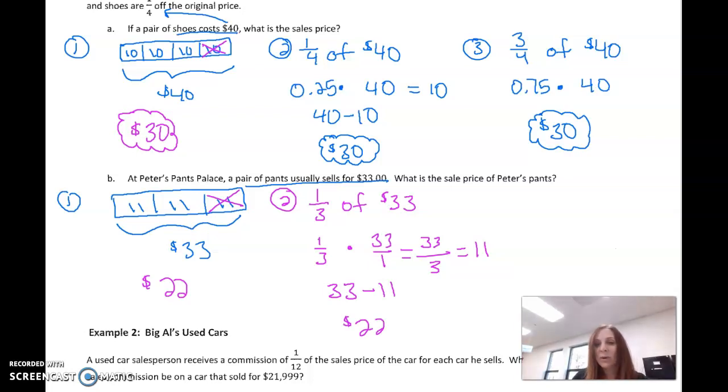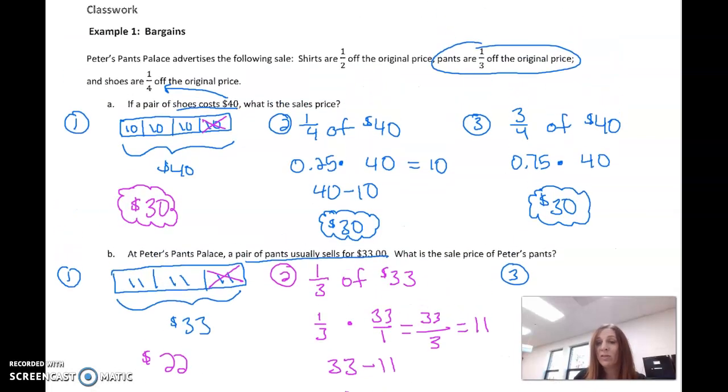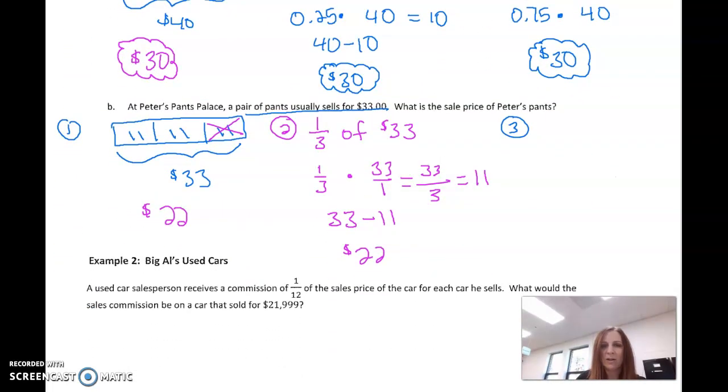And then again, the third way. If I'm getting 1/3 off the original price, what am I paying? Well, I'm paying 2/3 of it. Again, I'm paying 100%, the whole thing. If I'm getting 1/3 off, I still got to pay those 2/3. It's kind of like right here, if I'm taking 1/3 off, I'm still paying 2/3. So we could think of it as 2/3 of $33. And I'm going to go 2/3, not change it to a decimal because it works out to be 0.6 repeating,